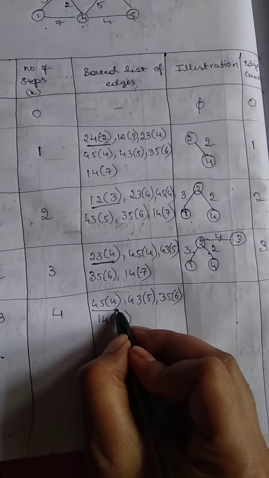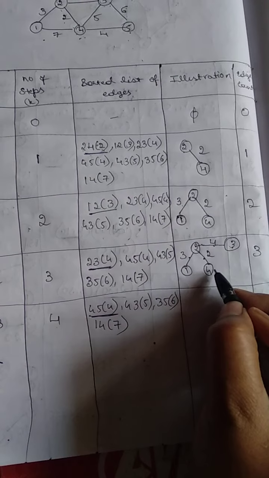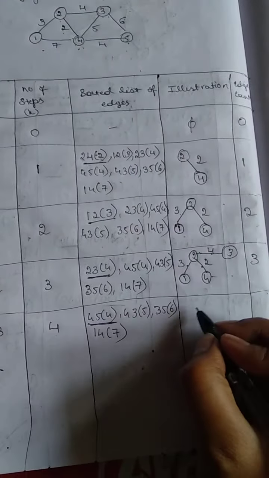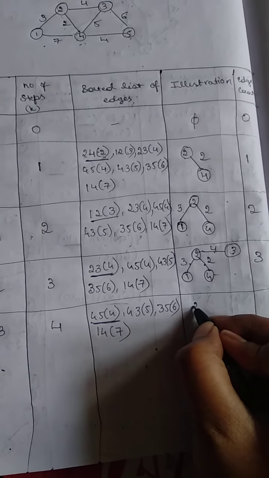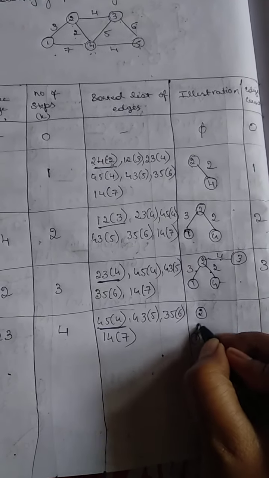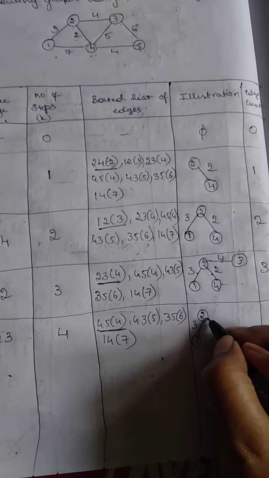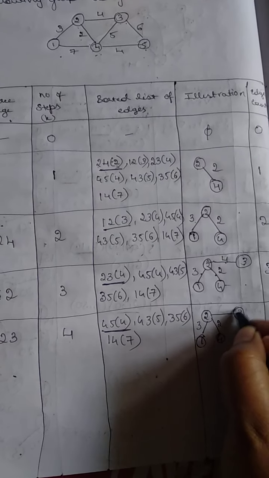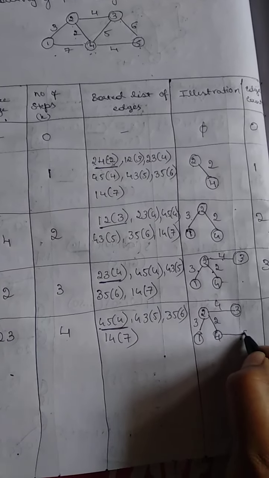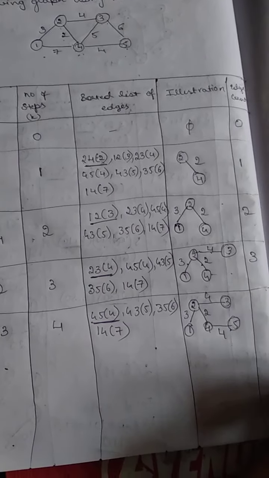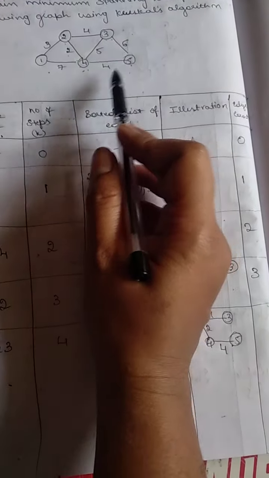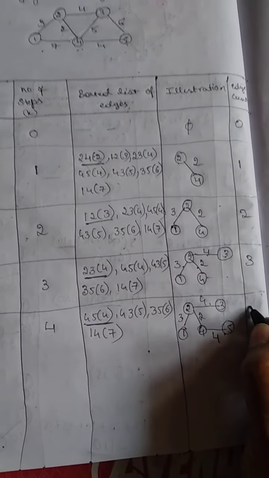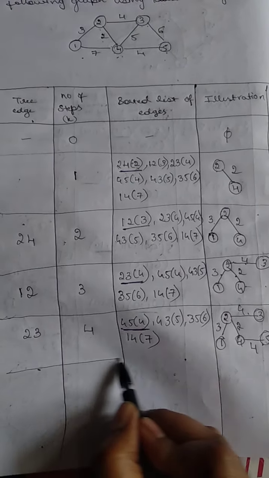Okay. Now 4 to 5 is minimum. You have to check 4 to 5, and here I have to take 4 to 5. It is not forming any cycle. 1 to 2 is 3. 2 to 4 is 2. 2 to 3 is 4. Then 4 to 5 is 4. Now count the edges: 1, 2, 3, 4. I'll just write edge count as 4.